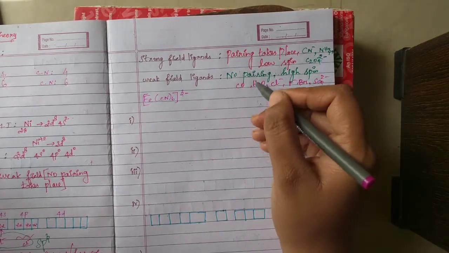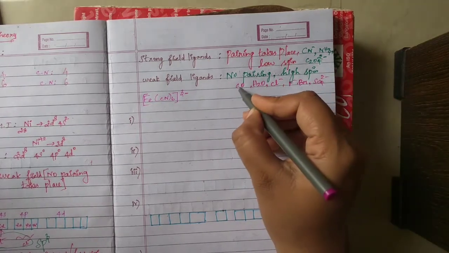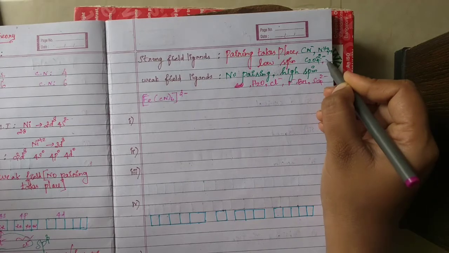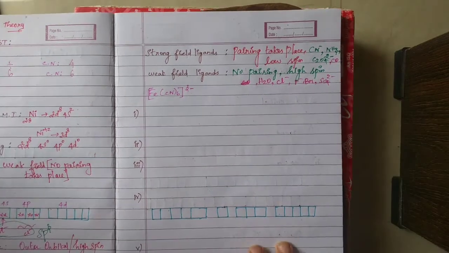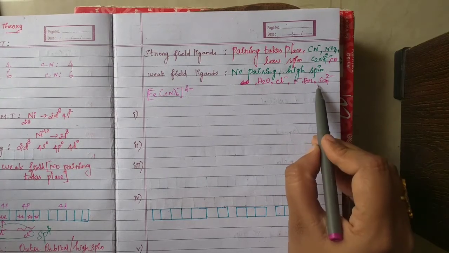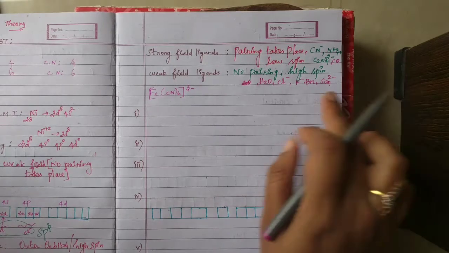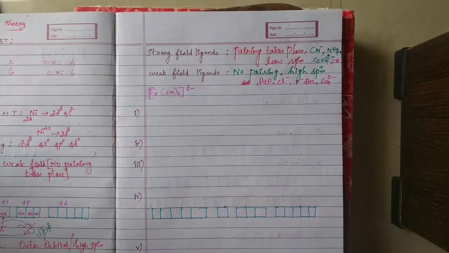Here with the oxygen it is a weak field, with the carbon it is a strong field. So here carbonyl is a strong field ligand. So mostly water and halogens, and with sulfur forming the bond, it is a weak field ligand. So these are examples for strong field and weak field ligands. So next example,